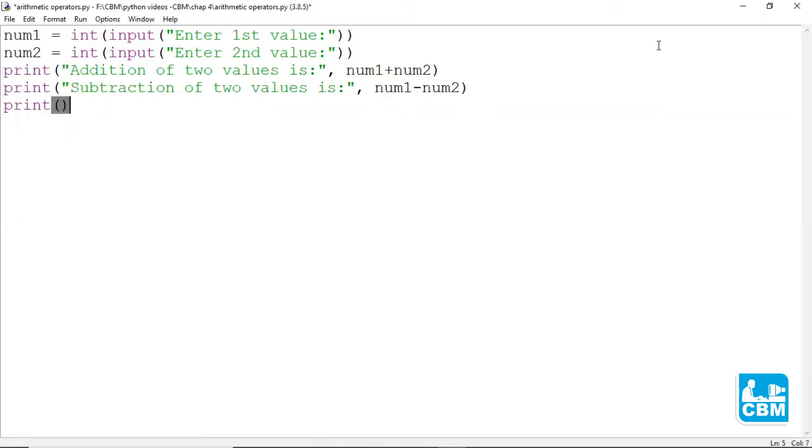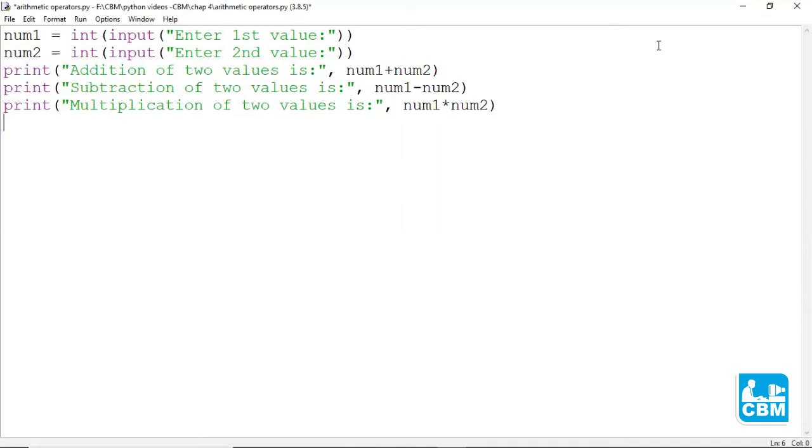Let us also try the multiplication operator. Print multiplication of two values is, comma, the product of num1 and num2 needs to be found out. So let's write num1 star, that is nothing but the multiplication operator, num2.